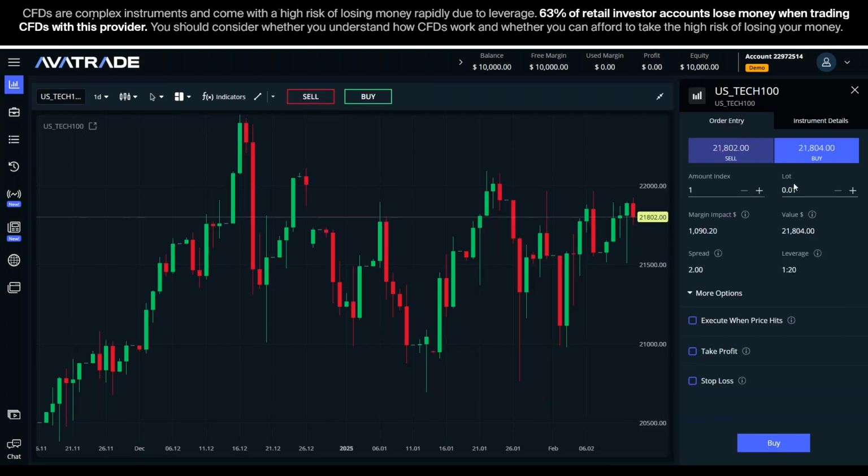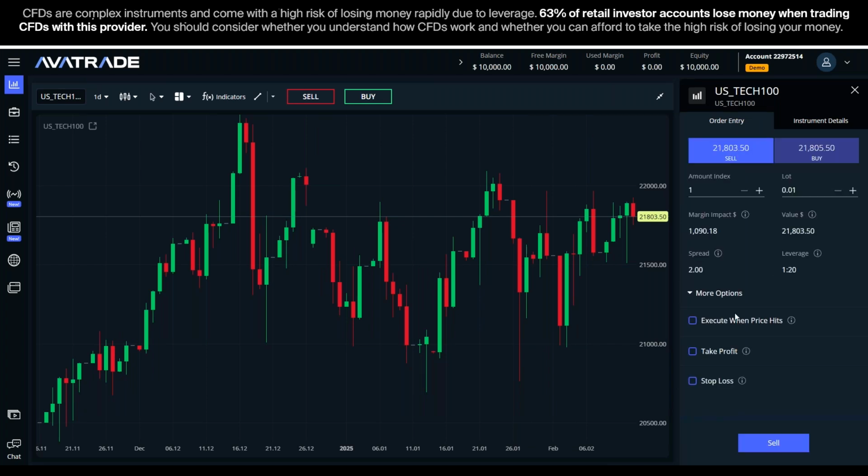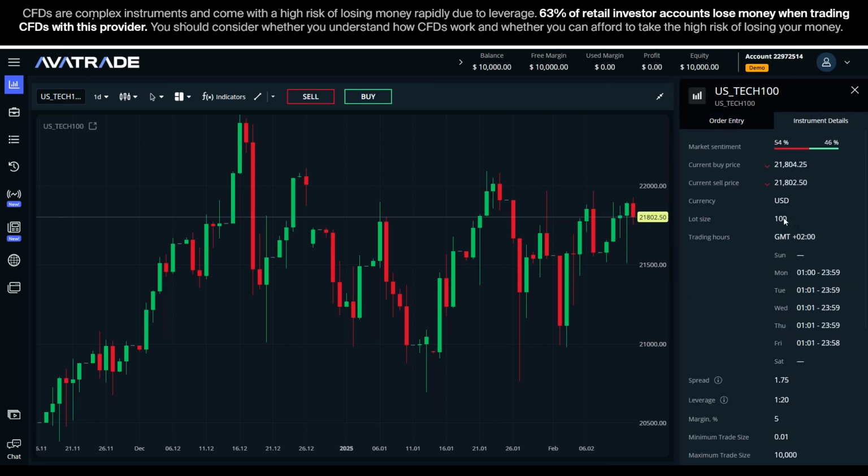And in here, you can see that there is something called lot, which is our measuring unit. And the lot size can be found in here on the instrument details. As you can see, there are two tabs. One tab is the order entry, which opens automatically as soon as I click buy or sell. So even if I click sell, it does the same thing, and I can change it here if I want to. And then if I go to instrument details, I have the lot size here. The question